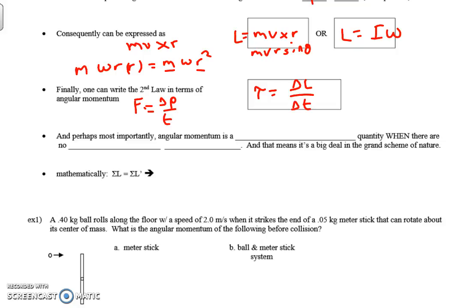Okay, next. Perhaps most importantly, angular momentum is a conserved quantity when there are, that's correct, no external, not forces, but torques. Okay, so put this way, when something is rotating, it wants to keep rotating, and it has a certain angular